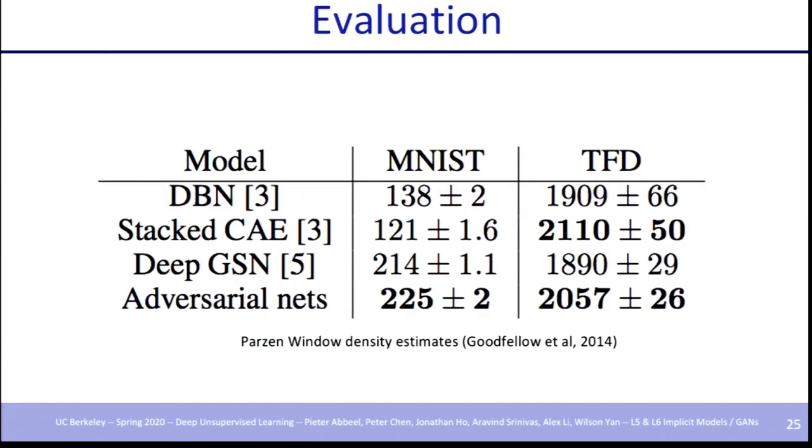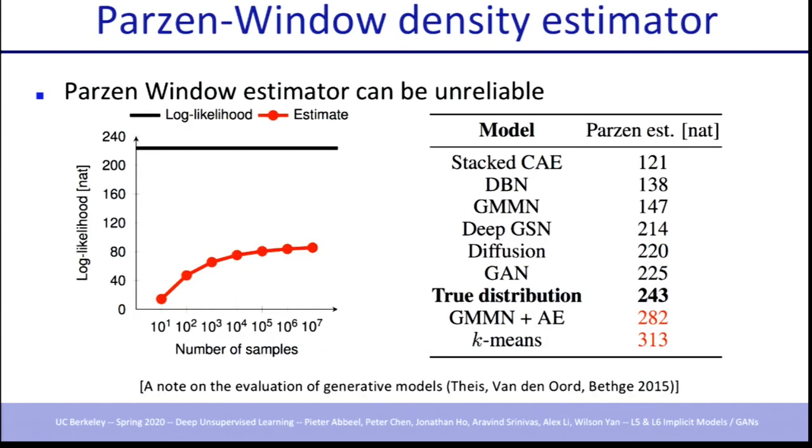And people who did this in the early papers, people would compare these scores. The big issue with this, of course, is that it only works for low-dimensional data, because for high-dimensional data, putting these Gaussian blobs around generated samples, it'll still not really fill the space. Or if you wanted to fill the space, you got to make very high standard deviation Gaussians. It's just not a great metric. But in principle, you can use it and report on it.